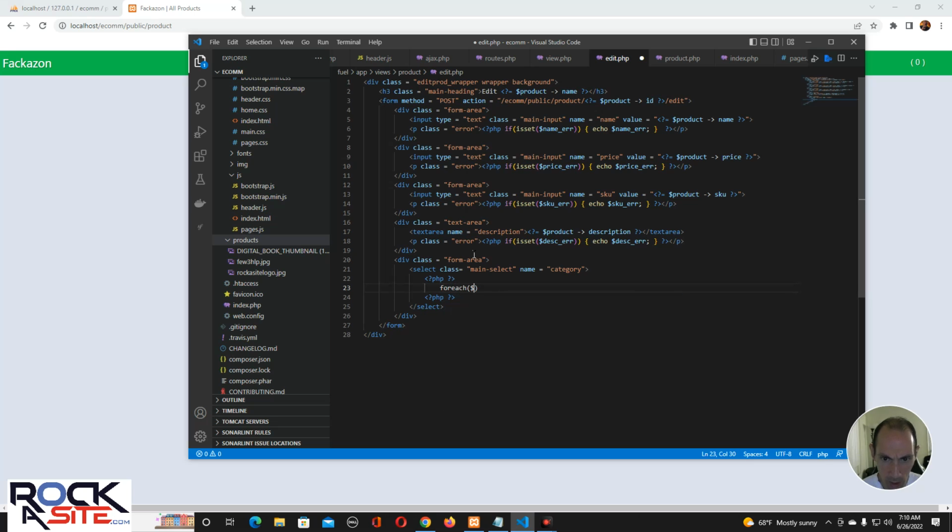For each, oops, in here. For each category as C, and for each, and we'll do option value equals,